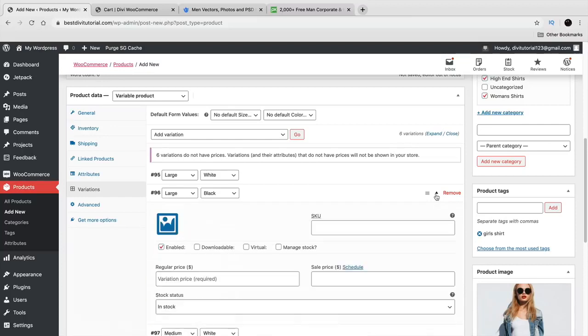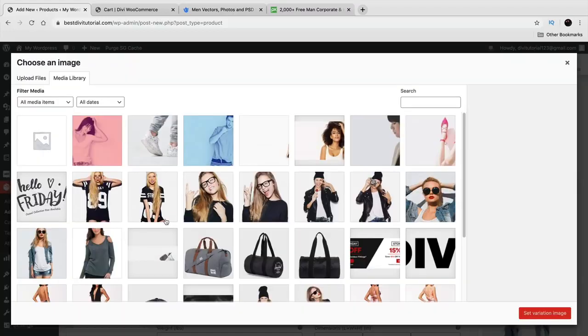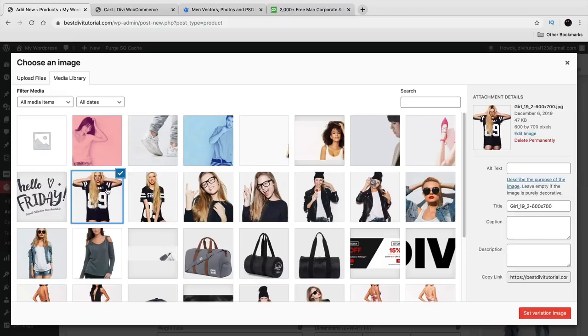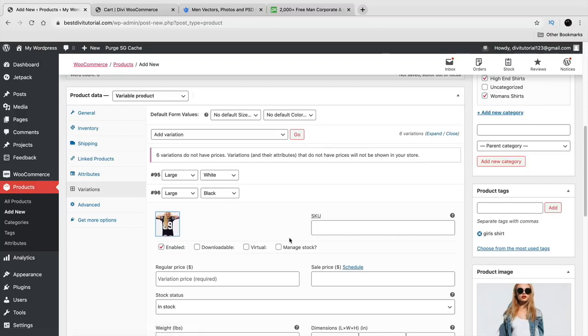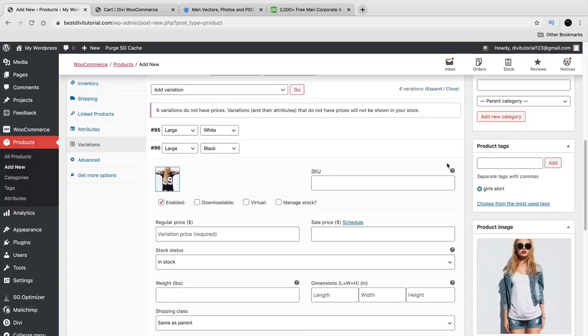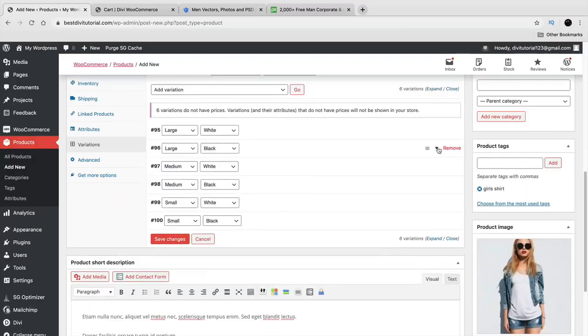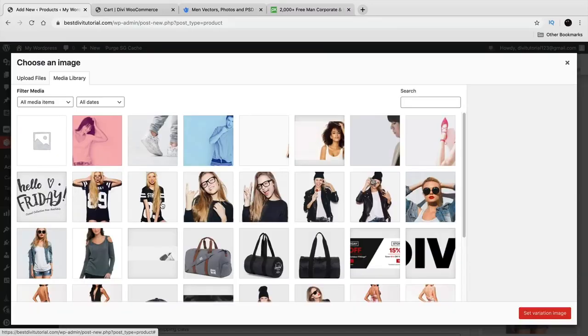And then large black. Now, with variable products, you need to set this for every single variation, which can take a little bit of time, guys. It's not like really fast. So for example, right here, upload an image. Now we're putting the large black. So here I'll put the large black shirt and then use for variation. So what I'm going to do now is go through each of these and fill each and every one out. So right here, large whites,